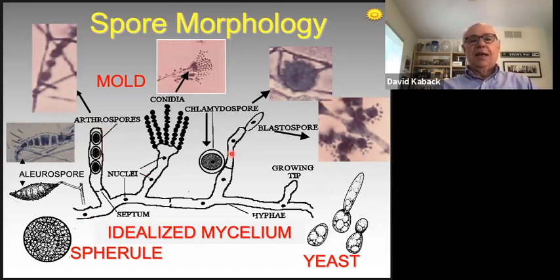Okay, then we have chlamydospores. These are round, thick-walled spores shown here, and we'll hear about tuberculate chlamydospores when we talk about Histoplasma. That's one of the things I want you to remember. Okay, and then sometimes a hypha gives rise to simply a yeast cell, and when it does that, it's called a blastospore. So here we have hyphae giving rise to yeast cells. Okay, and then we'll also talk about spherules, a term you'll have to remember.